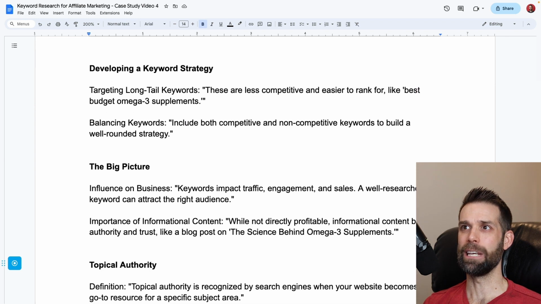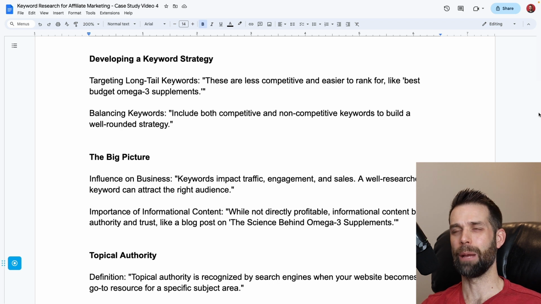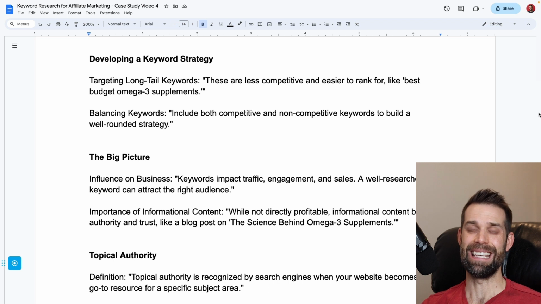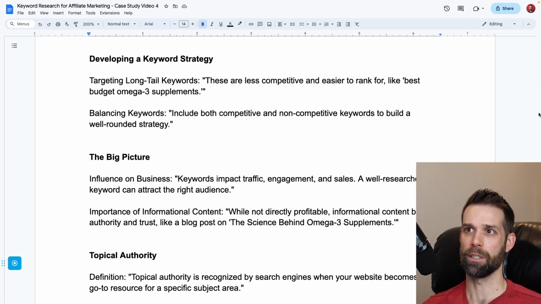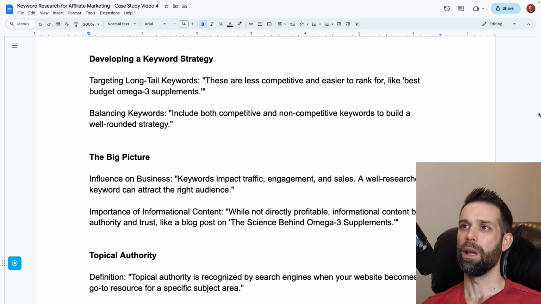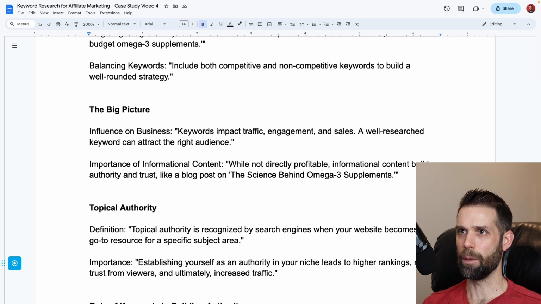Developing a keyword strategy: in the beginning, it's generally recommended to target long tail keywords. They're generally less competitive and easier for your website and your business to rank for. Things like the best budget omega-3 supplements, that's just one example. But you do want a complete balance of keywords. So you want to include both competitive and non-competitive keywords to build a well-rounded strategy. When we talk about topical authority, that comes into play a bit more. And the big picture is that